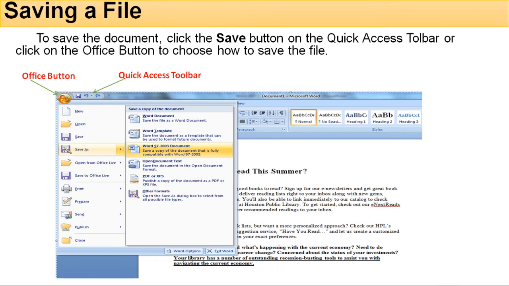How to save a file in a Word document? To save a file in a Word document, click on the Save button on the Quick Access toolbar, or click on the Office button to choose how to save the file.